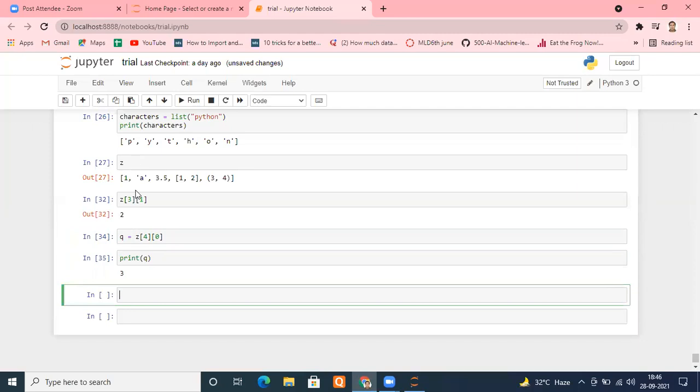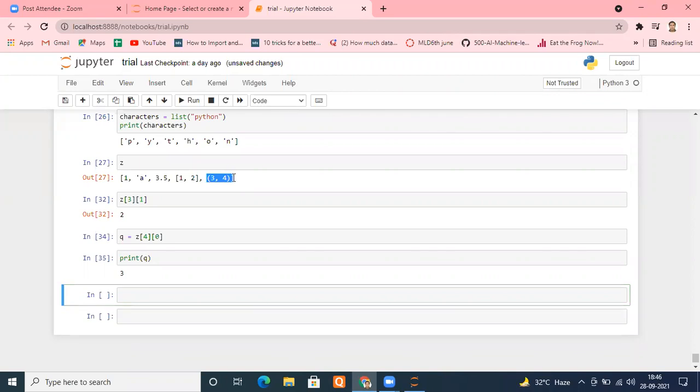Now we were taking individual elements. Slicing we will do later on, but see one more thing. My list Z is 1, a, 3.5, 1, 2, 3, 4. Suppose I want to replace this item.